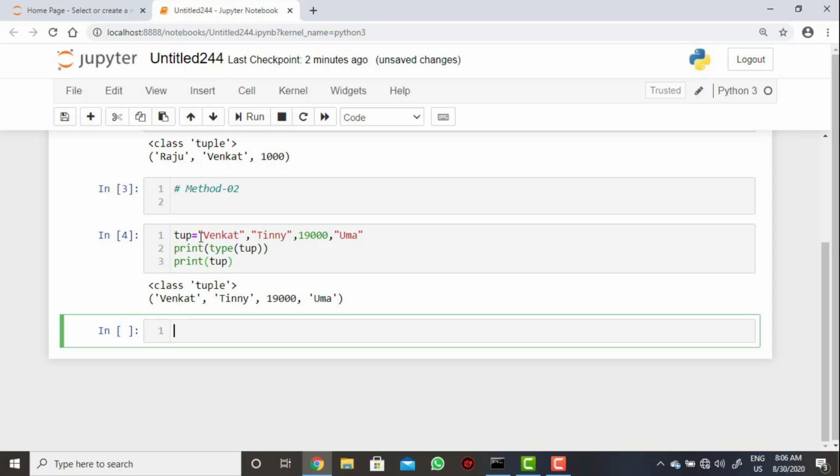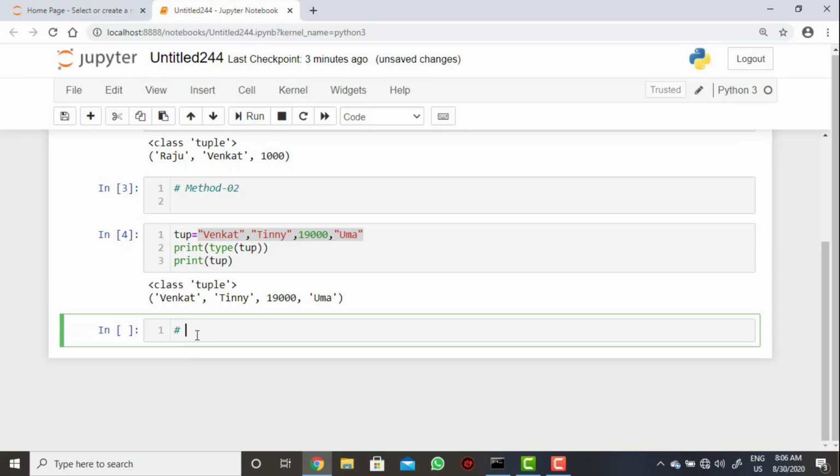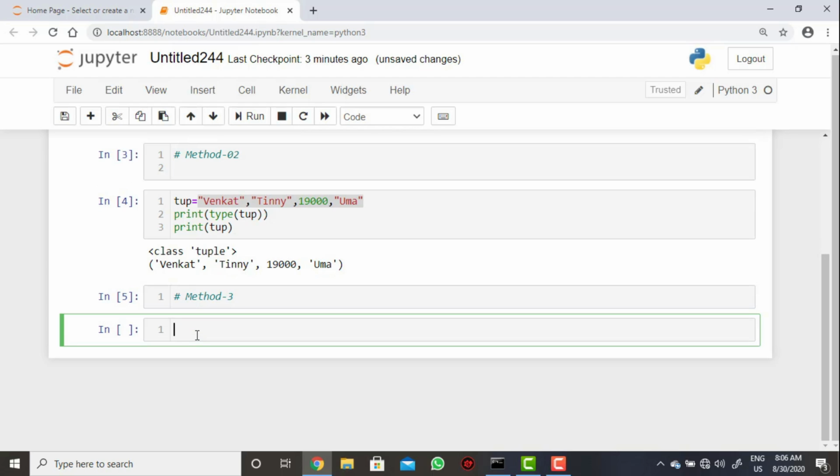This is the default, we are not passing any symbol here. So the default data structure is tuple here. And then we have another method of tuple creation. Now creating an empty tuple first.